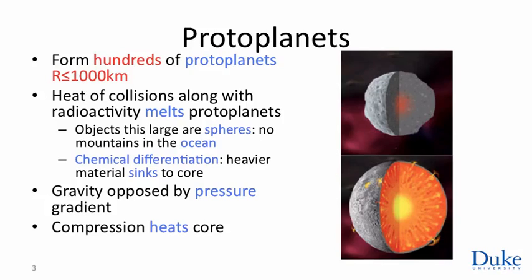And then the other important thing that happens at 1,000 kilometers when things melt is something called chemical differentiation. These initially roughly uniform objects, where various elements were scattered haphazardly depending on when they were accreted throughout the object, become segregated, because once an object melts, then the heavier elements, iron, nickel, sink through the lighter silicates, down towards the center, and one forms a chemically differentiated object where there forms a core which is rich in the heavier elements, iron, nickel, etc., along with an external envelope, which is the silicates, and much cooler